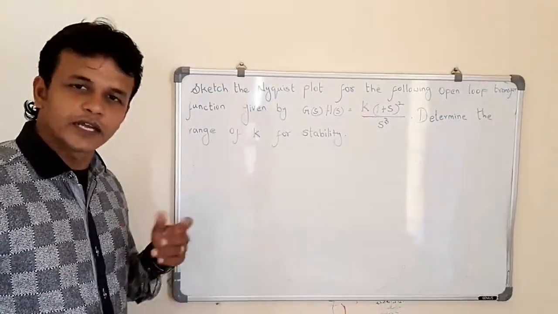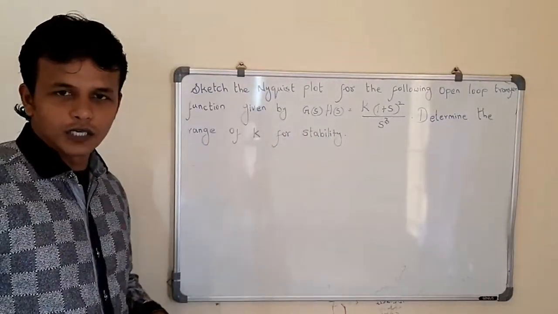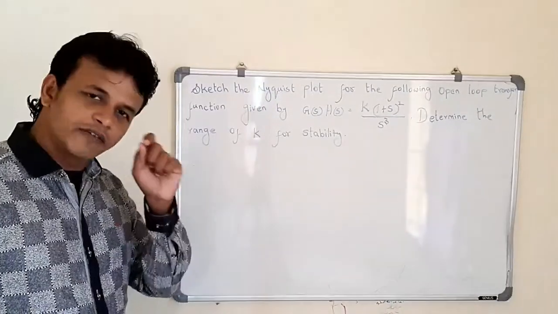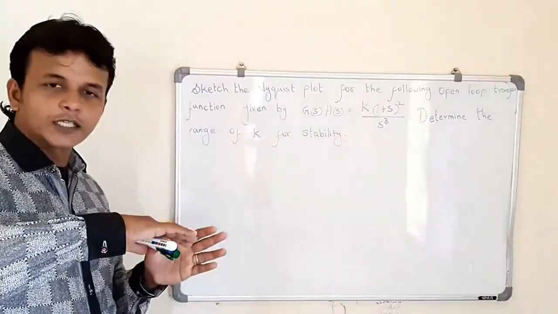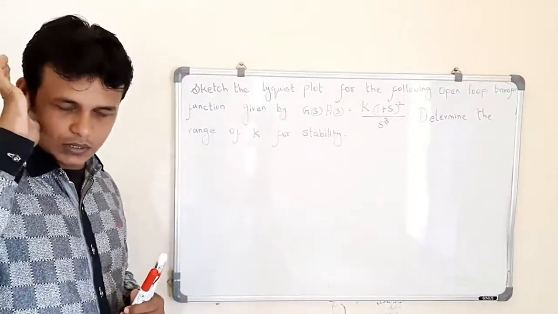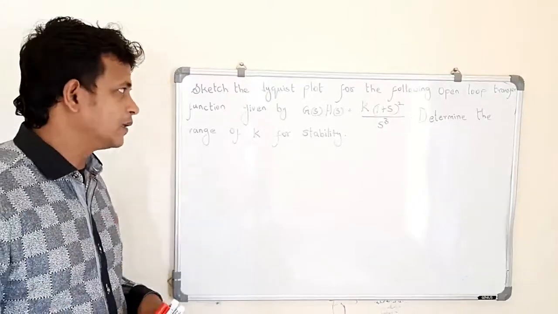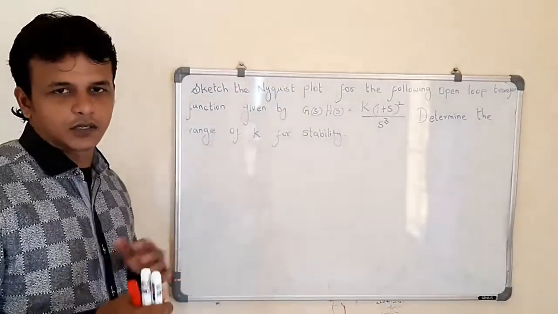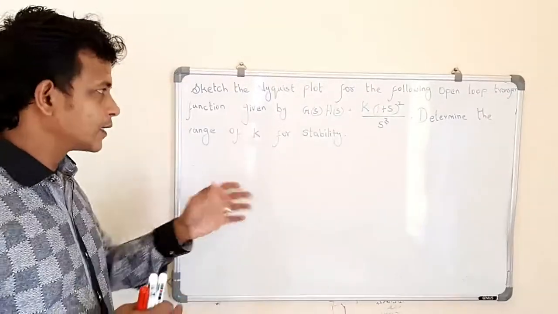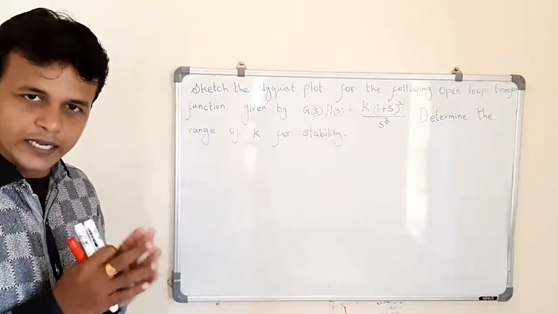Whereas using a Nyquist plot we can determine the range of stability, the range of open loop gain for stability, as with Routh's criterion. The Nyquist plot covers the entire plane, whereas the polar plot is related to only one half of the S plane. A mirror image of the polar plot becomes the Nyquist plot. The differences between Nyquist plot and polar plot will be discussed in another video in detail.